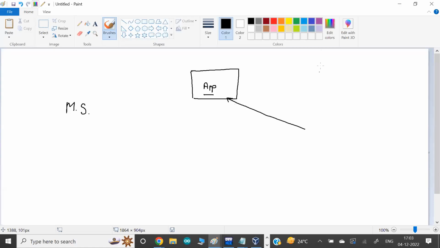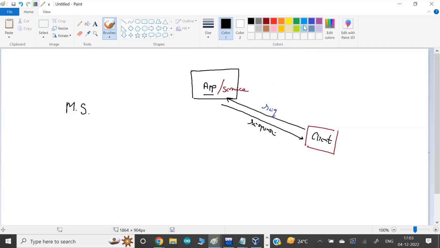Okay, then whoever communicates with this app, let's say in the normal world, an app is one kind of service, one kind of server. And in the real world, a user or the client or the customer is the one who communicates with the app. What they do is they make a request, and whatever the request, accordingly this app will respond to them. This is called request and response.